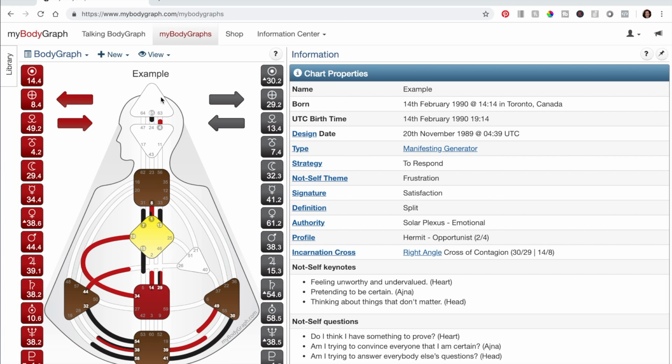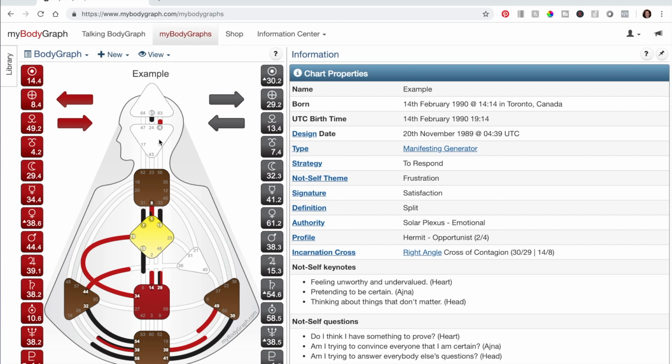And the first thing you probably notice is that some of these centers are white and some of the centers are colored in. So the white centers are open centers, and the colored in centers are defined centers. And the defined centers are going to be areas that are pretty consistent in how we are. This is what we kind of give off to the world. It's what we radiate. It's what is consistently a part of us. Rarely you'll have someone with all of the centers colored in. So if that's you, totally cool. And on the flip side, we'll have people that have all of these centers open, and that means that you are a reflector. Also totally cool.